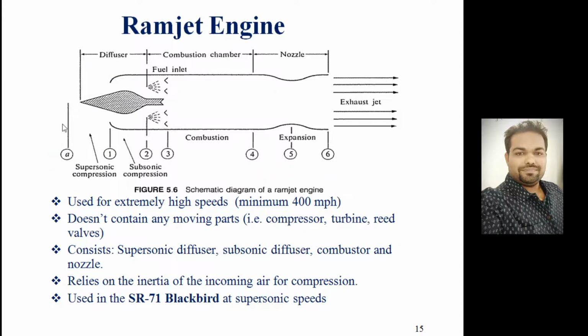Then another configuration came, an advanced propulsion engine called the ramjet engine. This is used for high speed operation, at Mach numbers between 2 and 4. If you look at this, there is a spike. What is the purpose of this spike, which is facing the flow? It will compress the incoming air. When it compresses this air, its pressure will increase, so it will work like a compressor. Instead of a rotary compressor, we are using one spike.